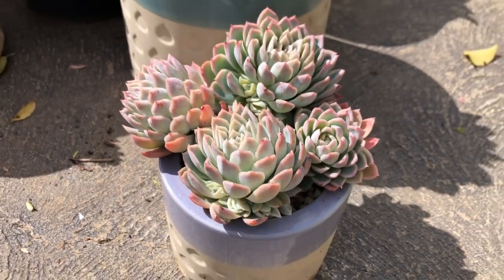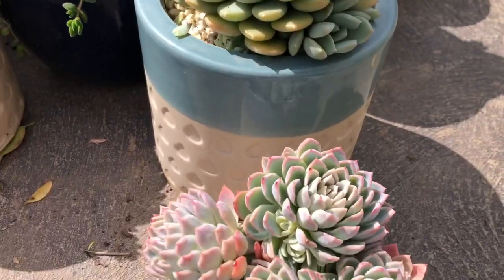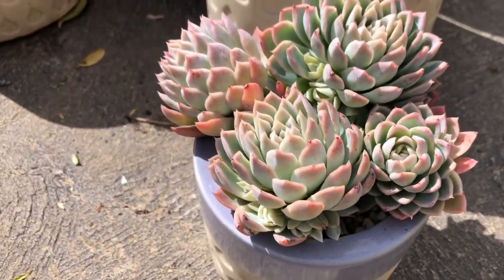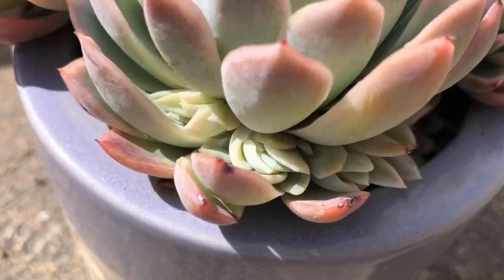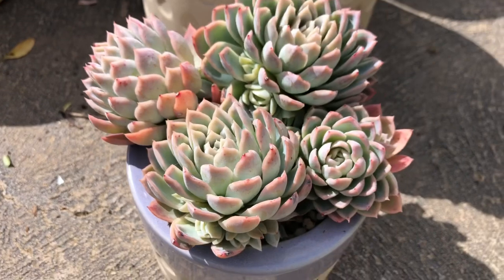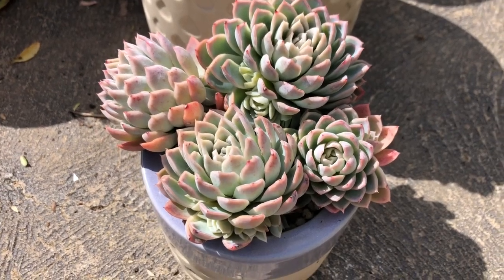I just had them laying around, and I had just bought these pots. I got a set of them from Bunnings, and I just shoved in those 4 heads, but now it's cramped and it's not doing them any justice because it's growing season, it's spring, and it is throwing off offsets on all of these heads for sure. So I'm thinking I'm going to pull them out and repot them, and maybe just repot 1 or 2 for